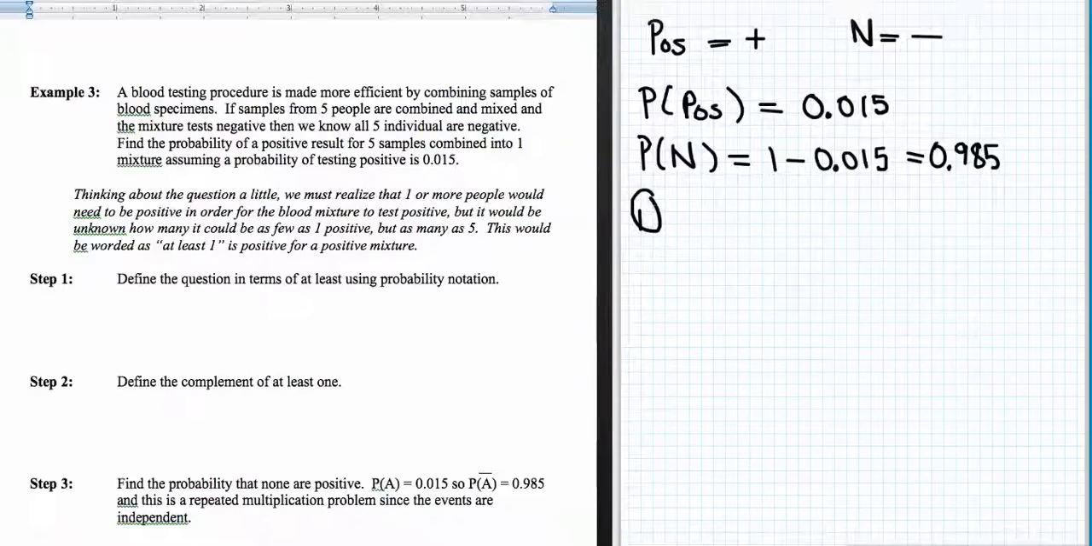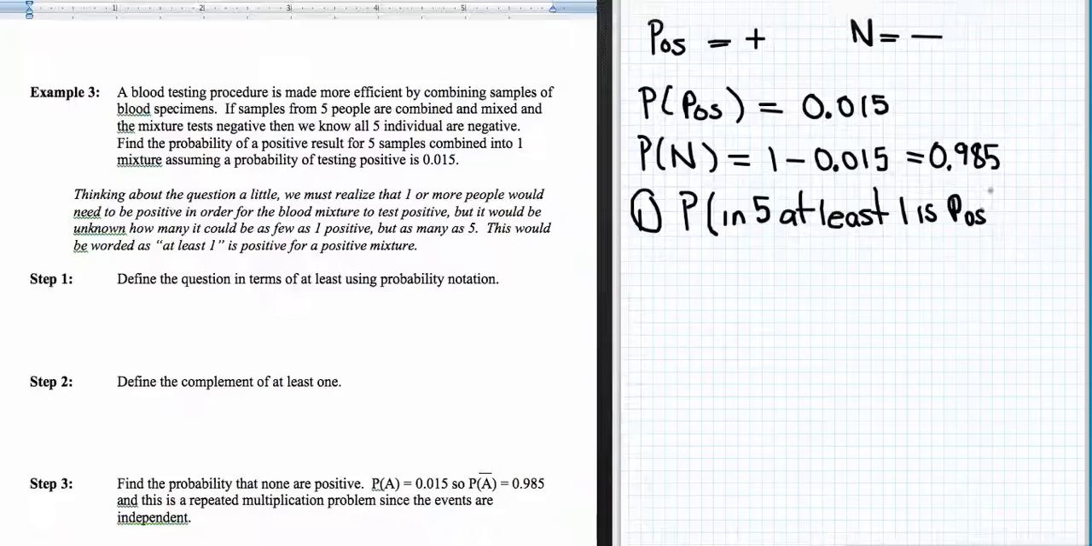So our probability is that if we combine all 5, that we will get a positive result. So a positive result means that the probability that in 5, at least 1 is positive,